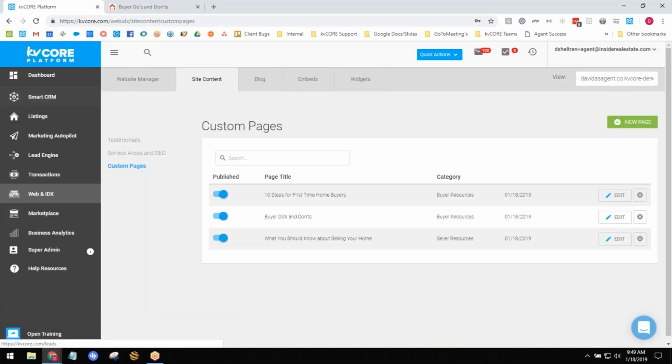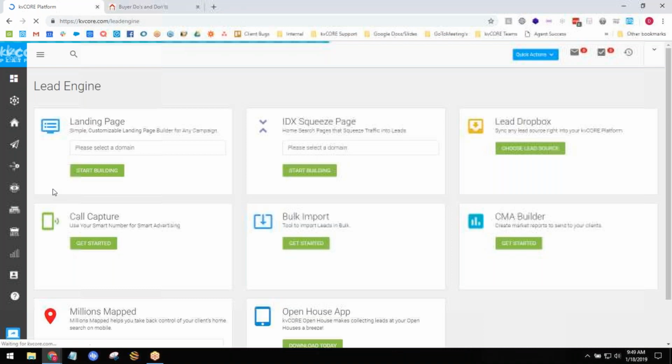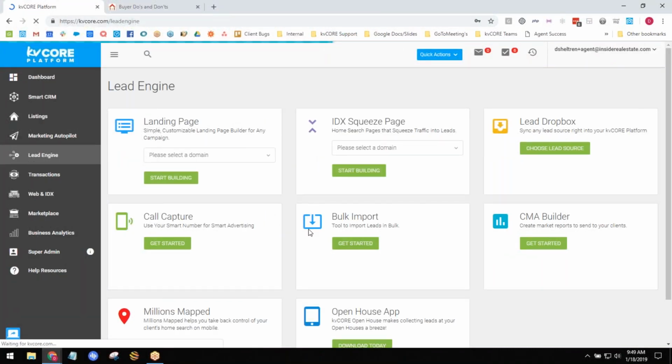Feel free to play around with that. I'd love to hear some feedback, and I will be checking in on you, so this probably won't be the last time I talk to you. On the back end, I'm going to be checking over some analytics for all of my accounts, not just for you but for everybody. I want to see that folks are logging in to the system, and that we are getting our leads imported by going to Lead Engine and Bulk Import and having our team import those over for you.